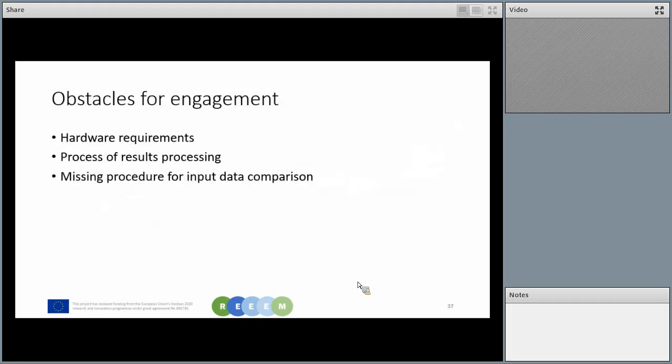However, it has to be added that there are also some obstacles for engagement. The model turned out, even though we kept the structure quite simple and had this always in mind when making decisions on how to design the model, to need quite strong computers. So currently the model is running on computers that have 250 gigabytes of RAM,